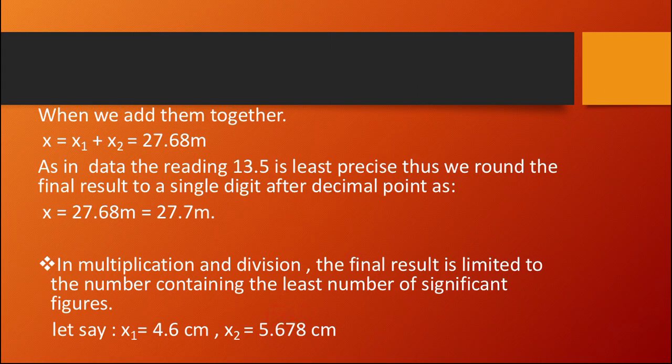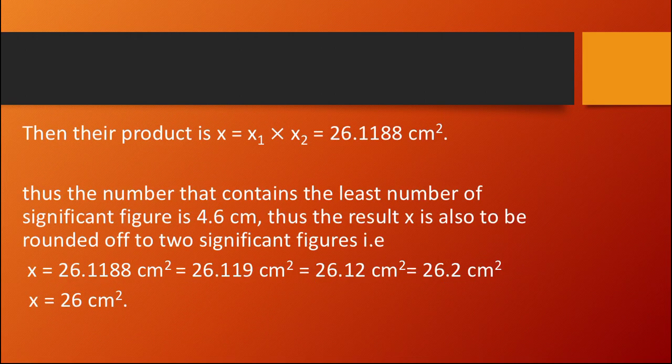Here you can see that x1 has 2 significant figures, x2 has 4 significant figures. So the least number of significant figures is 2. We will round off our result to 2 significant figures. So x1 multiplied by x2, the result will be